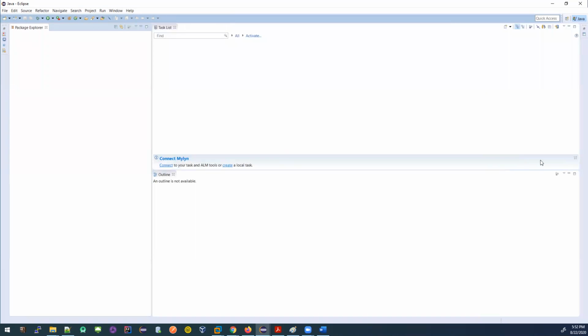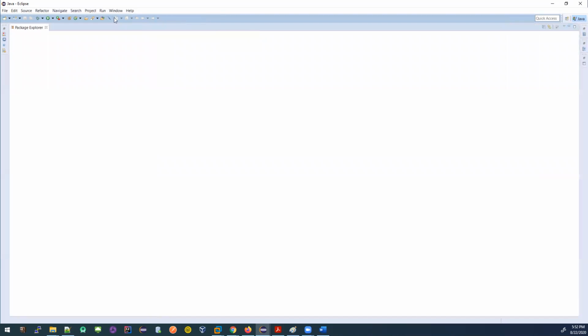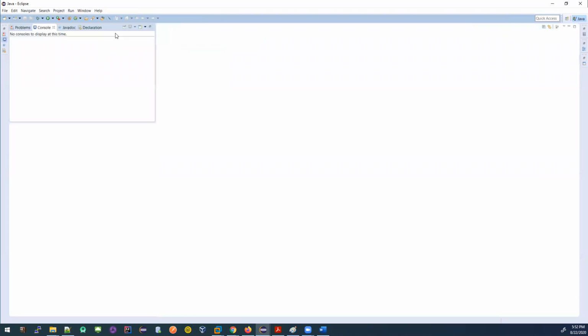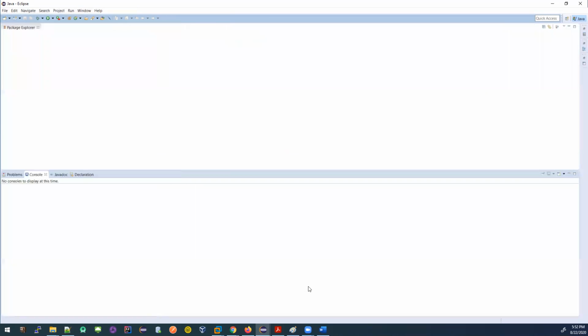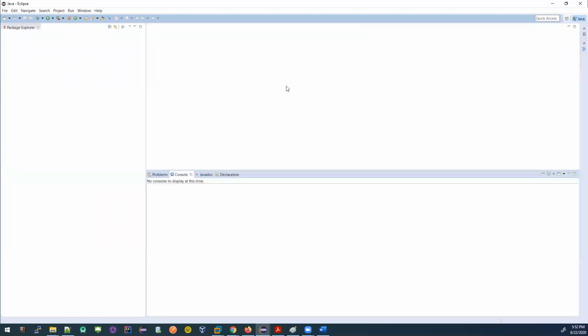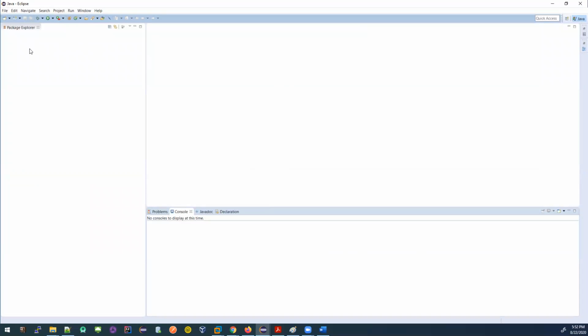Then I'll just try to figure out why that is. If I really cannot find them, I'll simply go to Window, go to Show View, Console, and I'll see them here. See? This here. Okay. So don't panic if you don't see this thing. Okay? You will always have it. So this is the tool you need to have installed. Now